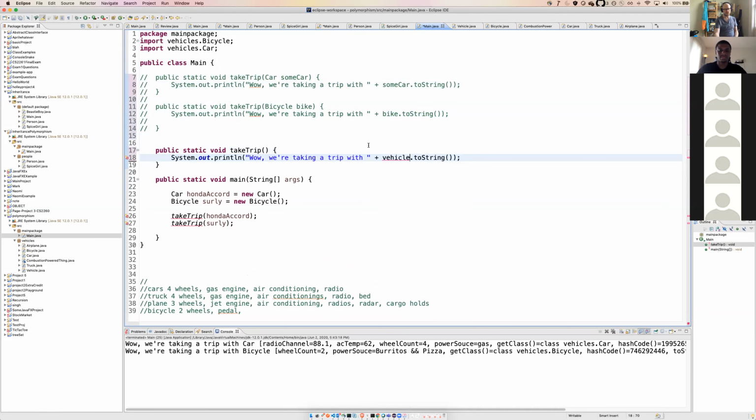We'll do some vehicle.toString. So what do we want to pass in right here? Because cars are definitely not bikes. And cars are not trucks, bikes aren't trucks, bikes aren't planes, planes aren't cars. However, all of these are vehicles. This is one of the things that took me forever to grasp, but it's good to draw it out. That's why I always like to draw these things,